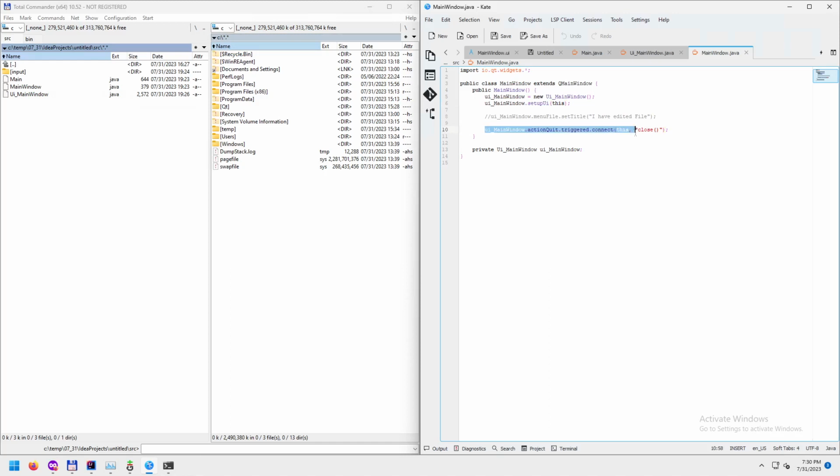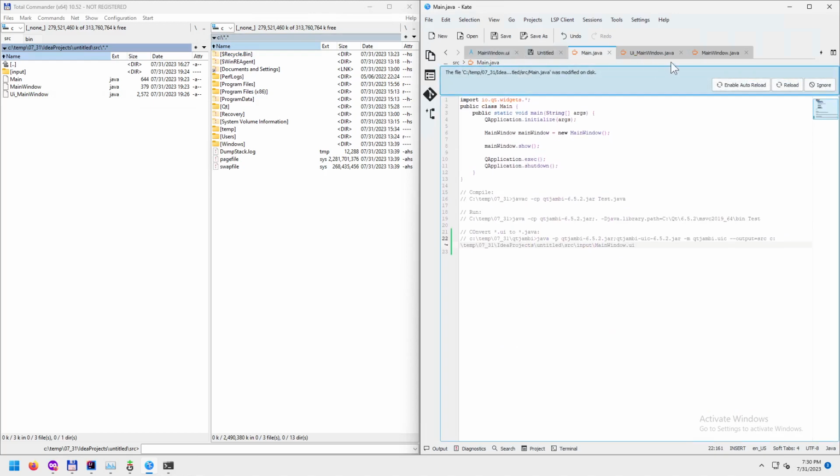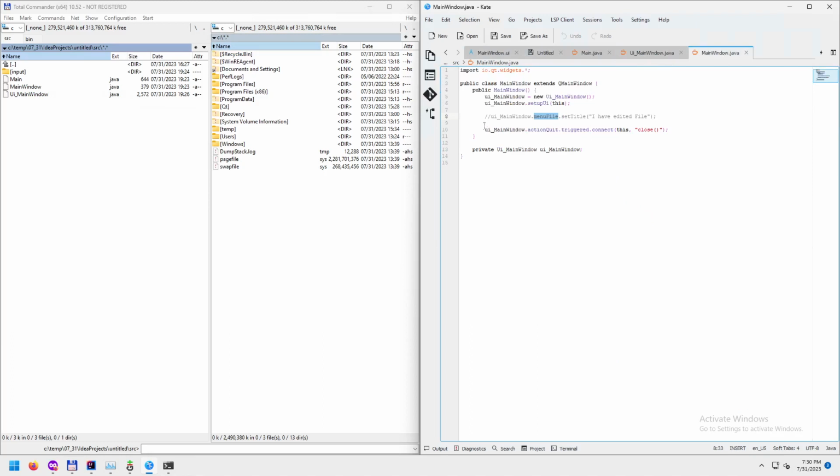Then we have access to all of the objects that are available in Qt Designer. So an action, a widget, a grid layout, plain text edit, menu bar, menu, and status bar. We can do anything that we want with those in here. So after we call setupUi,